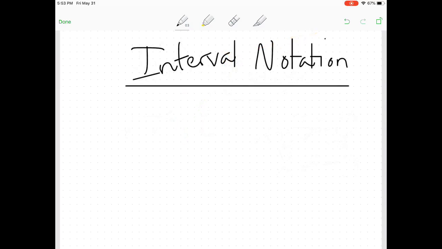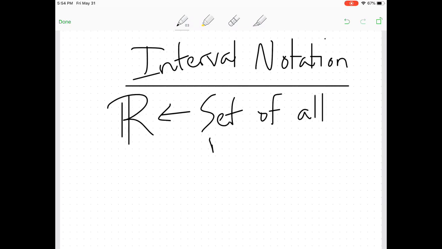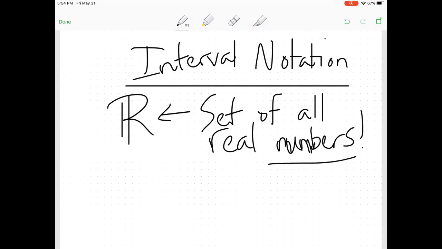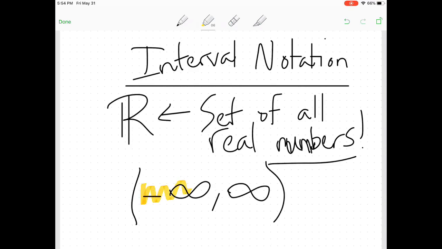All right, let's take a second to talk about interval notation. So you guys might be pretty familiar at this point with this symbol here, which means the set of all real numbers. That's the R with the extra added line. So it's the set of all real numbers. Ooh, I can't spell numbers. That says numbers. Okay, so the set of all real numbers. Well, the set of all real numbers in interval notation goes from negative infinity all the way up to infinity. This negative infinity